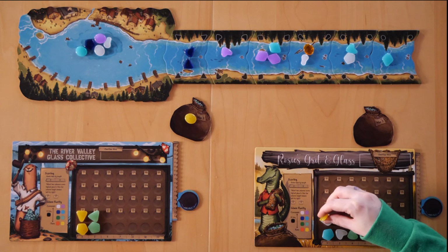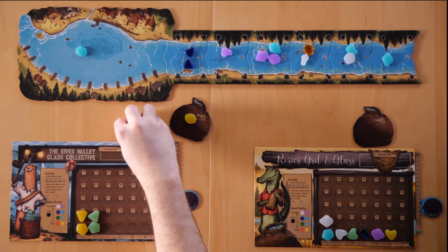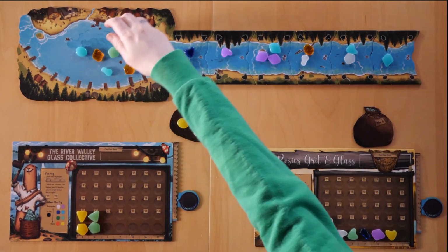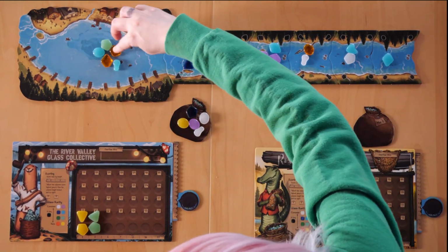And I don't know if there's anything next. I could take a white and a blue, but I don't know if I want to right now, so I think I'm going to go ahead and take them over here. And we'll take these. Okay. I will take as well. And I will take...